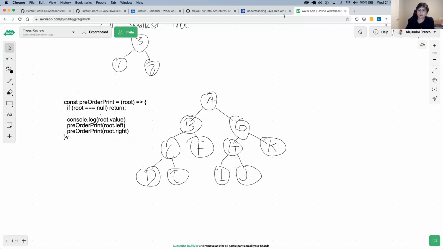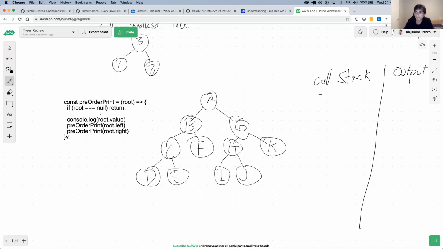Okay, so now let's do this. I think I might have done this already when we were in the classroom. I'm going to have the call stack here, and I'm going to have the output here. The call stack will be a stack like this.